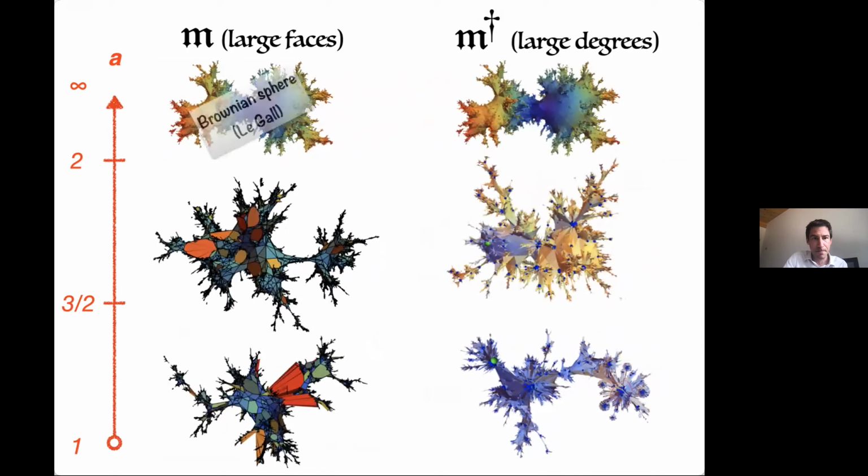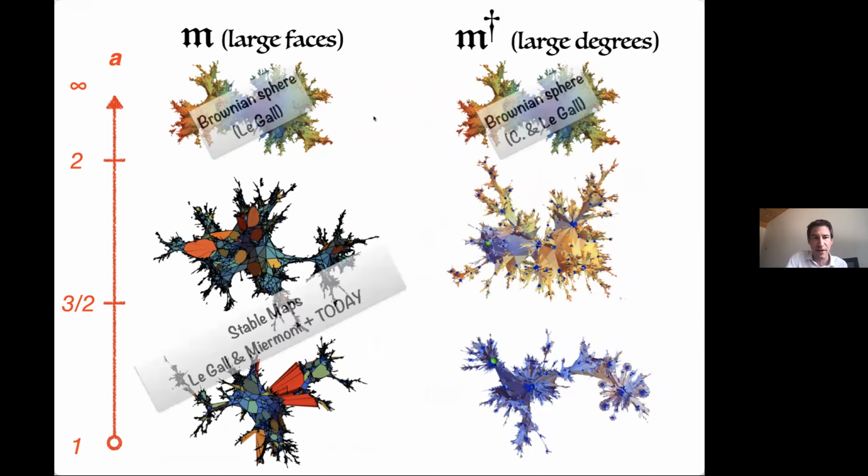All right. So same recap. The scaling limit for the dual, the primal and the dual map should be the Brownian sphere. As I announced today, we will talk about stable maps here. And the scaling limit here should be the stable spheres if they exist. And here, no scaling limits. And we will see a dichotomy. We will see a transition at a equal to 3/2. We will see that the topology of the scaling limit here and there are different.